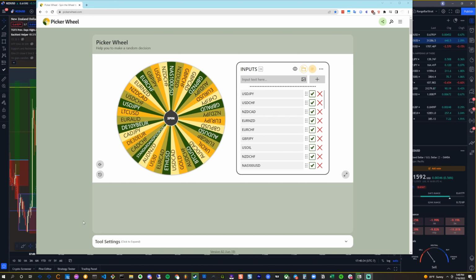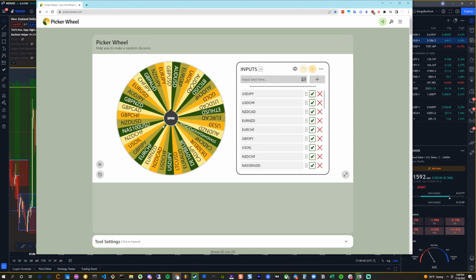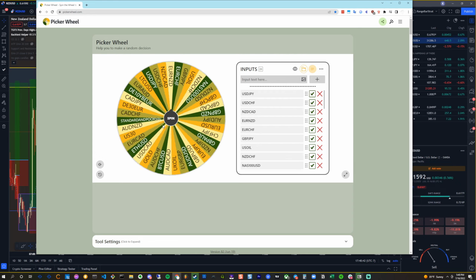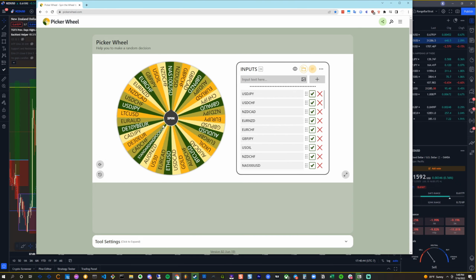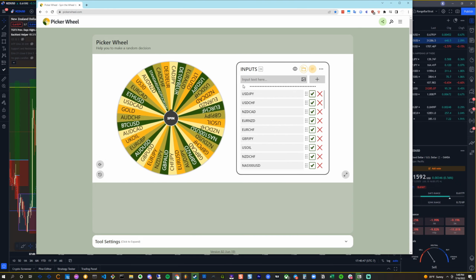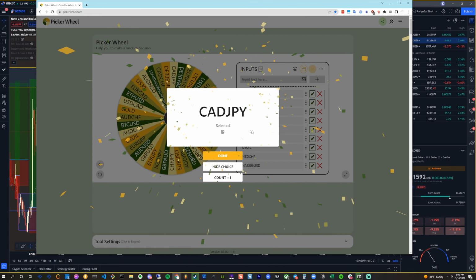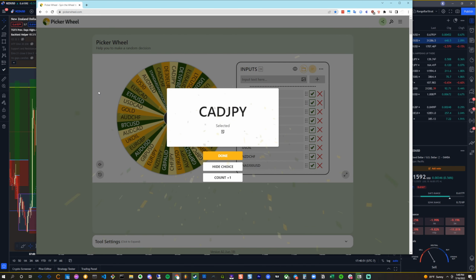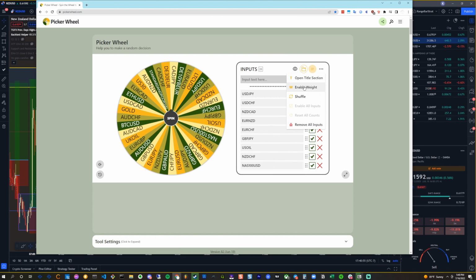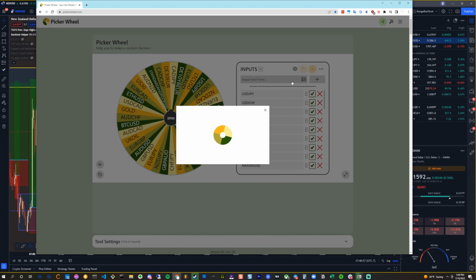I'm going to do one more backtest for the day because the last one felt pretty dirty. It's still Saturday, so I can allow myself one more. I don't know whether there'd be a limit. CAD yen, much different from New Zealand US. I don't know what happened on CAD yen, but we will nonetheless go and pick our day.